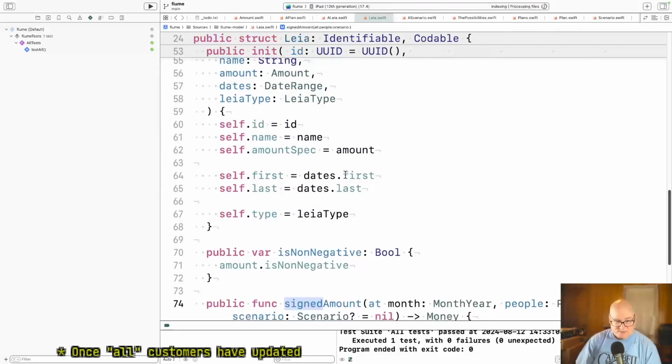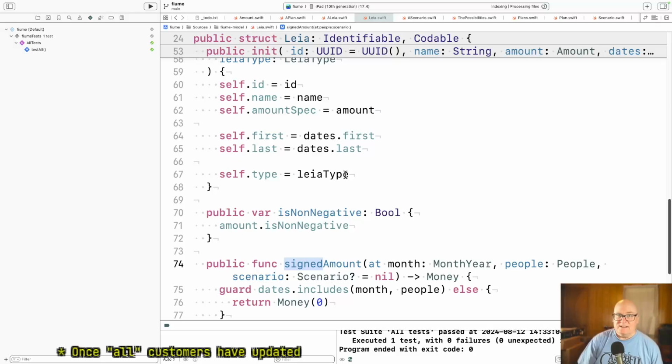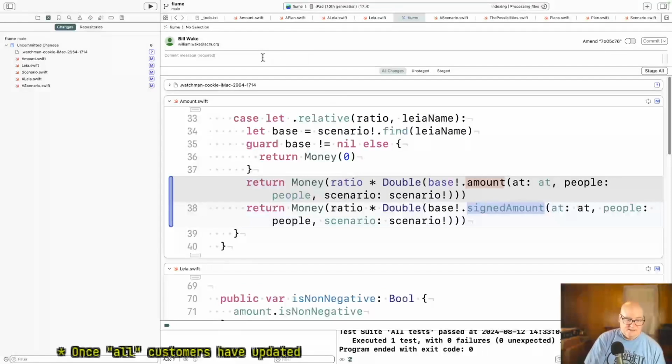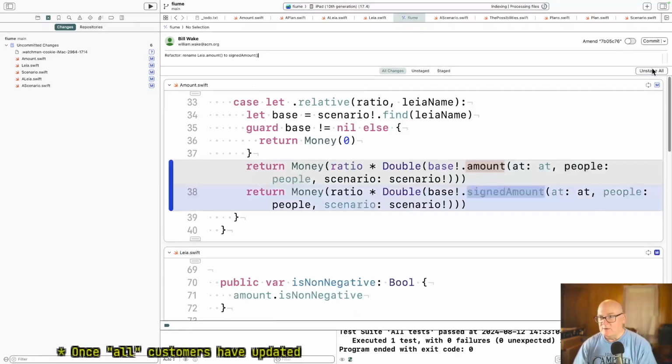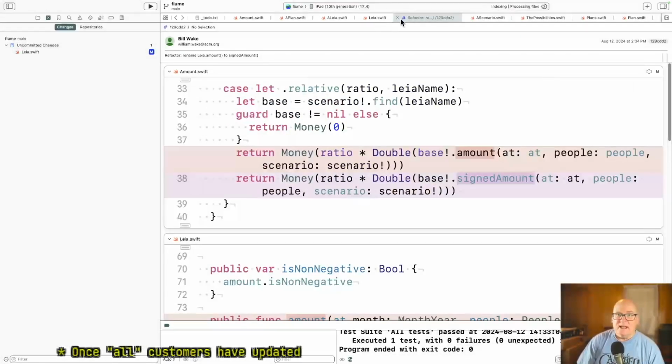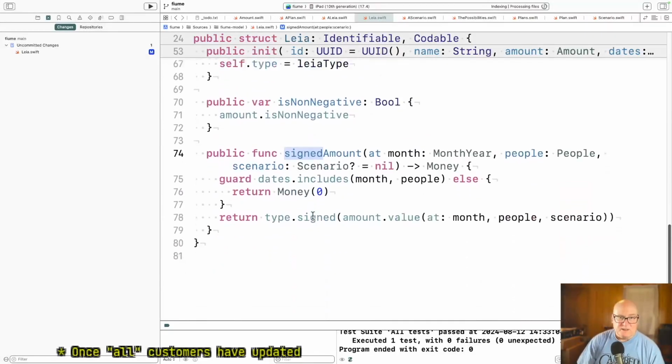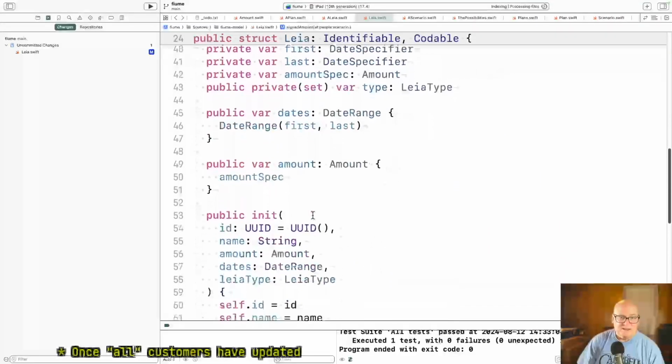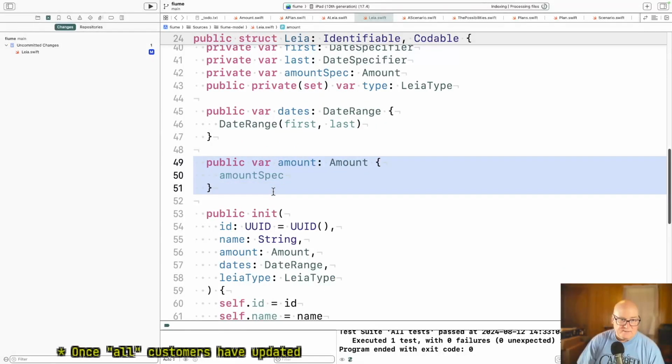But okay, so far this is signed amount thing. That's fine. Okay, did I check that in already? I don't know. All right, so refactor, rename amount. I guess that's Leia to signed amount. Okay, I think that's a small improvement. Most of the time you don't need the signed value, but this time you do. Okay, now, given that, I don't think I'll step on my toes with this now. So I think I can convert this